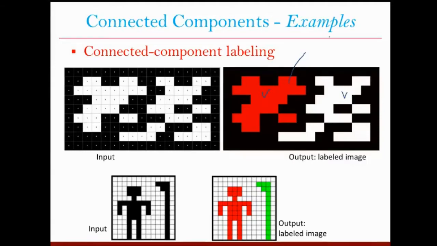So suppose, for example, for red, you can say that all these pixels are defined by label 1, all these pixels are defined by label 2. Whenever any pixel intensity value is 1, then you can say that it's one component, and if it has a different value, let's say 2, then all the pixels where the value is 2 will define another component. So in this example, this is the given image, and when you do the connected component labeling, we find that there are two components. One is a human being here, and the other is some other object adjacent to that object. So there are two components in both these cases.